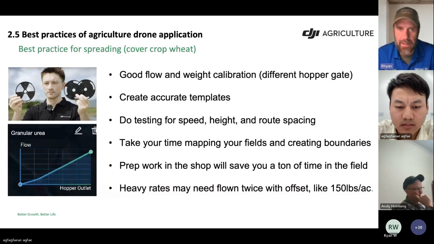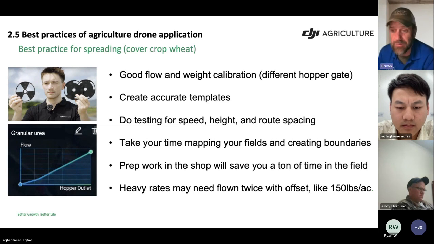do is take the time to do a good flow and weight calibration. There's tons of videos out there. Everybody can see a video online of how to do it. It's not difficult, but a lot of people want to shortcut that, and that has a big determination on your coverage of that cover crop or whatever you're planting. If you're not getting the coverage you're looking for, like I talked about earlier, you're putting the drone and yourself in a position to fail as opposed to a position to succeed, just by not having a good flow rate